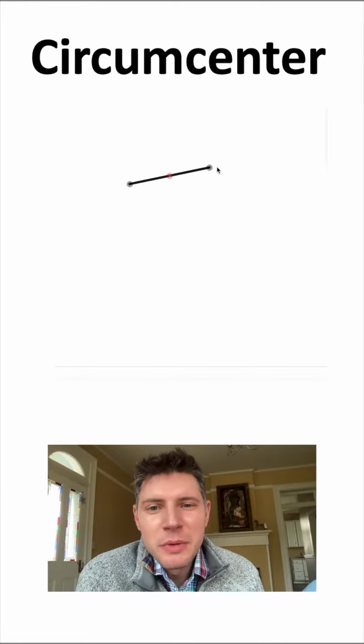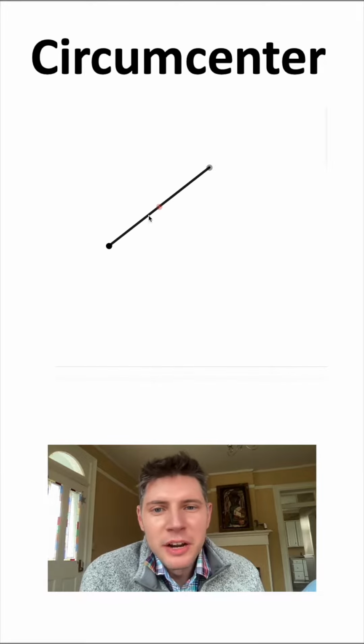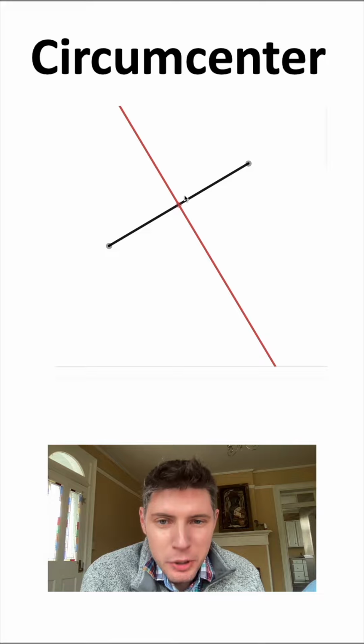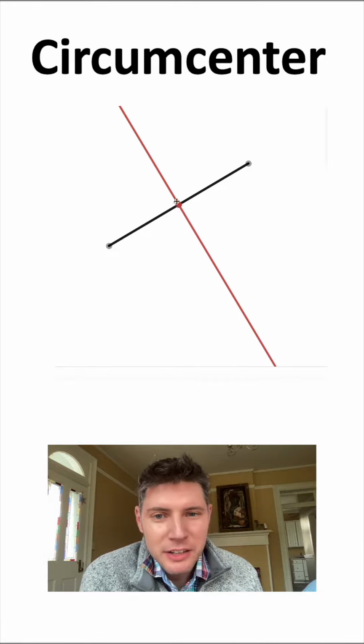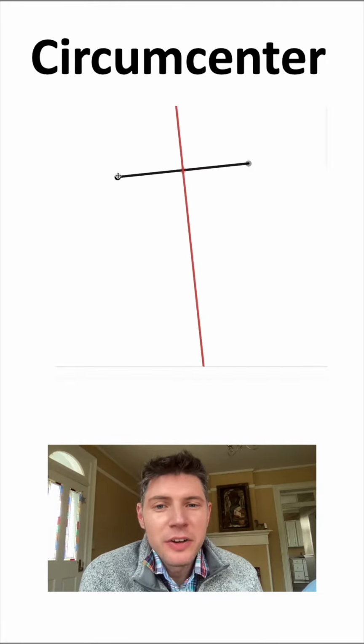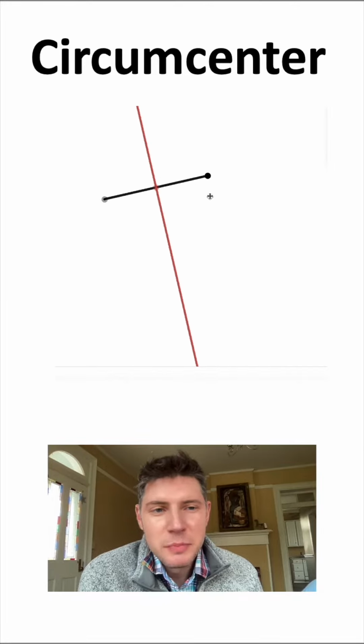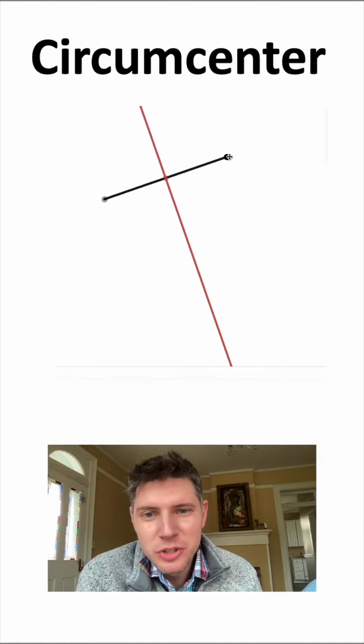If we connect the segment between the two, this red point is the bisector of the segment. And as we move around, that red point is still the bisector of this segment. Now, if we draw a line perpendicular to this black line through that red point, we've now defined the perpendicular bisector. It's the bisector because it cuts it in half, and it's perpendicular because it's always at right angles to